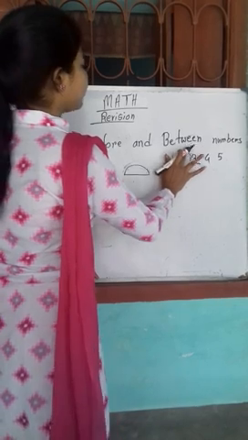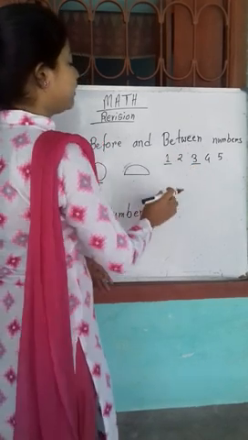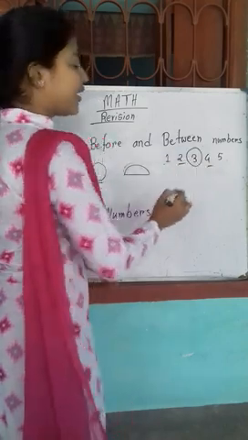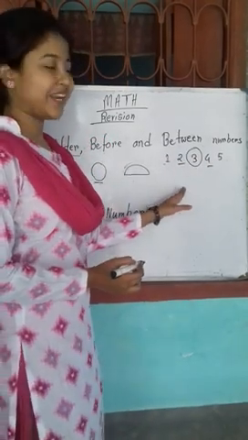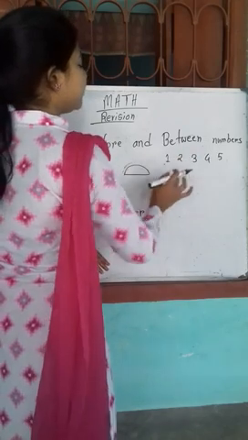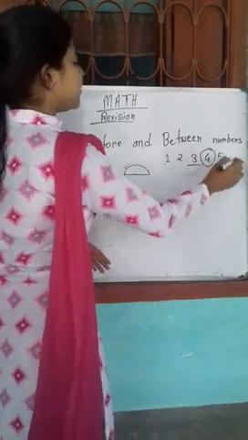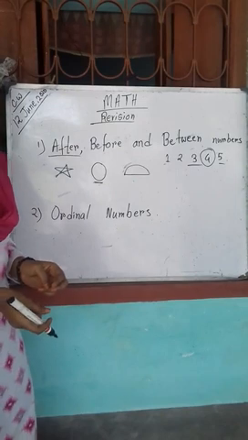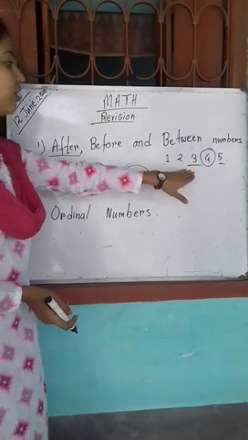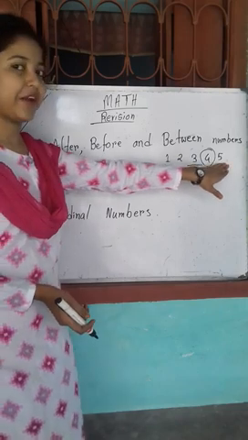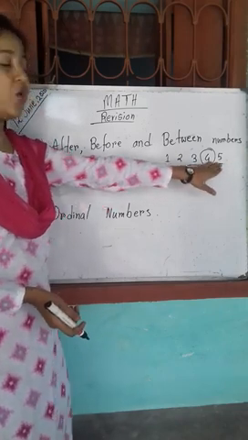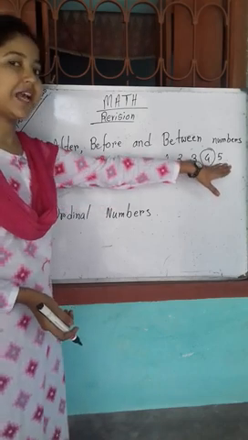If you don't like 2, then you can also say that 3 is between 2 and 4. If you don't want to write 3 also, then you can write 4 is in between 3 and 5. But we cannot say 1 is in between 2 and 3. We cannot say 3 is in between 4 and 5. You have to write 4 is in between 3 and 5. One is the before number, another is the after number.